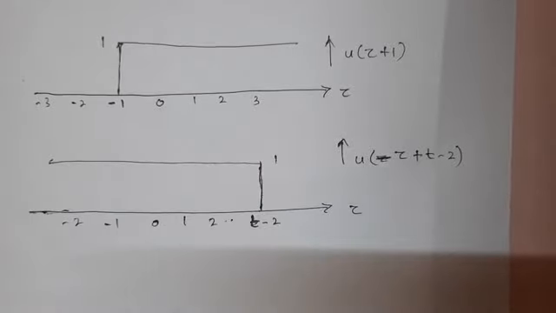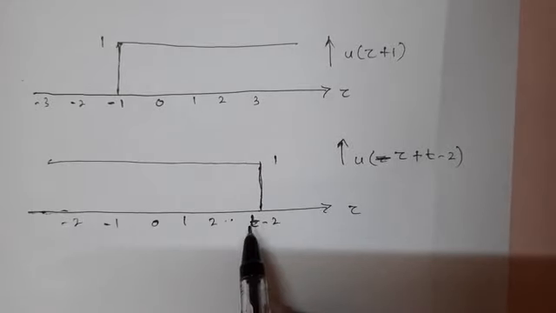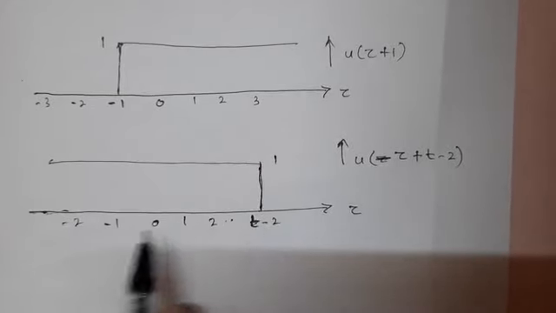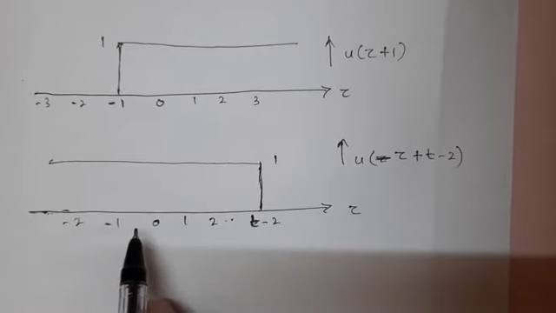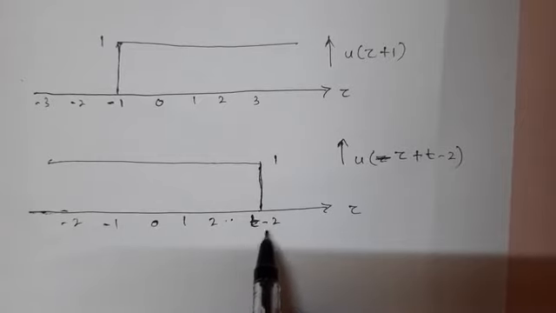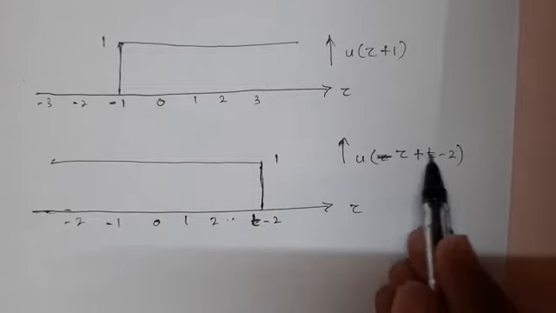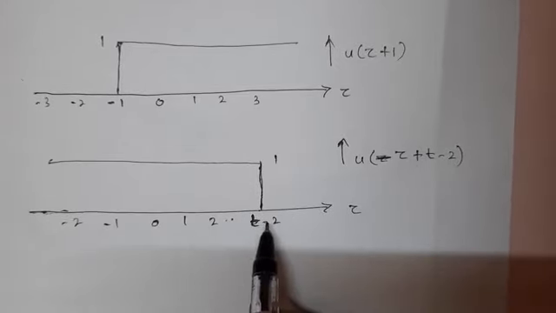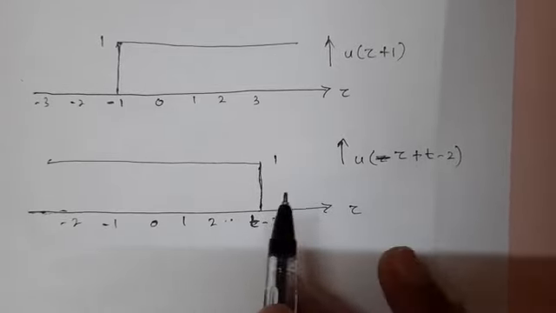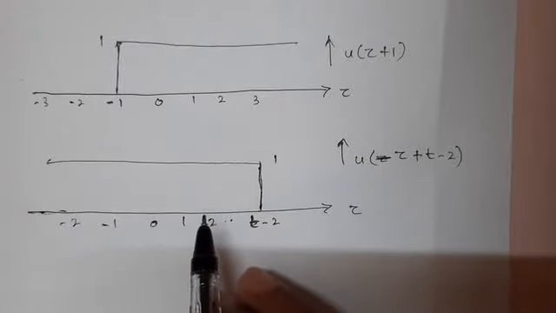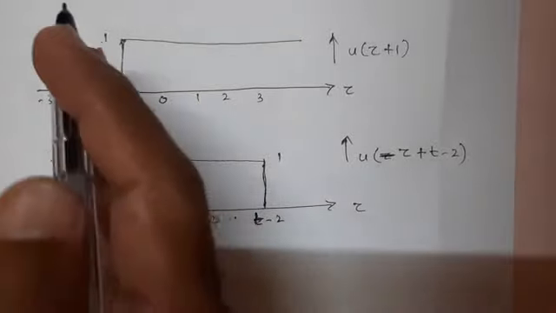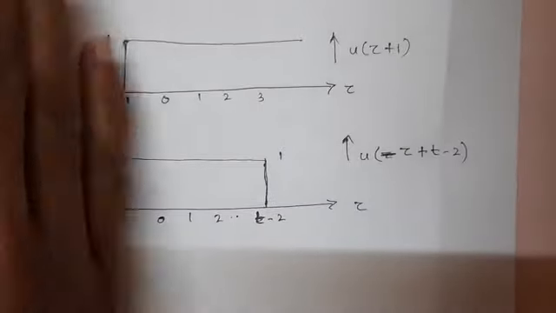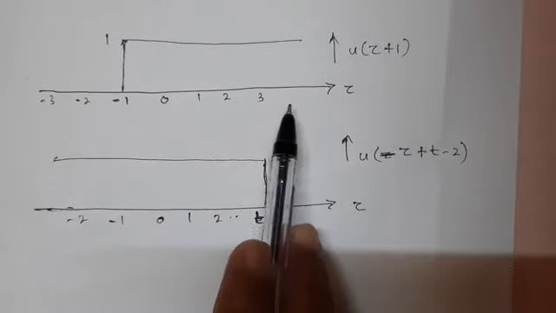With an amplitude 1. Now you might be wondering, why did I take the signal after 0? Why not before 0? You can take it, no issues. I am assuming that this t minus 2 value, where u of minus tau is shifted by t minus 2, is somewhere at a positive value. It is my assumption, so that it will be clear for me to understand when I shift this signal towards the left side of minus 1, and towards the right side.